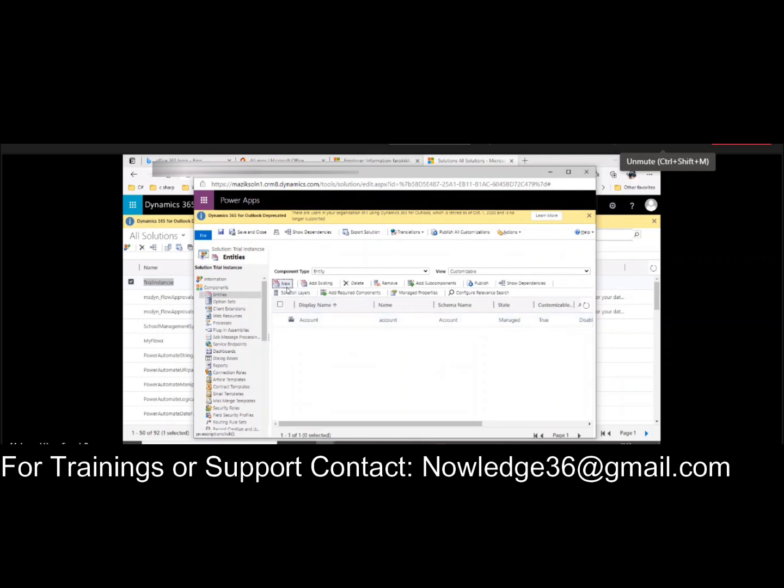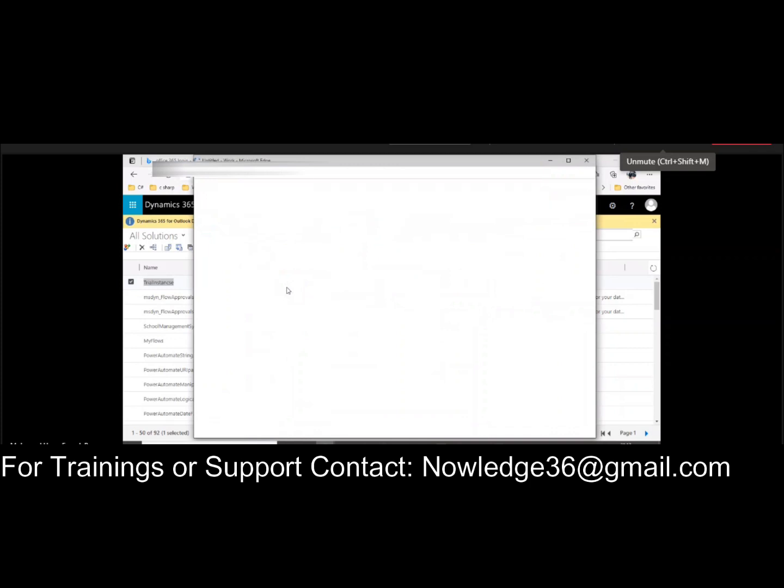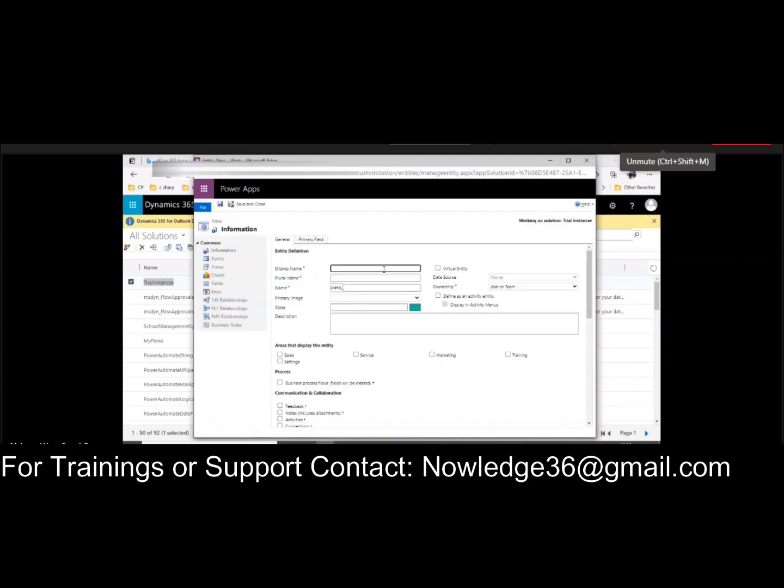In case you want to create a new entity, just click new. For display name, I am giving the display entity name as transport. Once you type the transport name, this is the schema name, CRE4B. While creating this solution, I already told you about the publisher. This is the schema name, CRE4B. The plural name is mandatory, just type based on your wish.